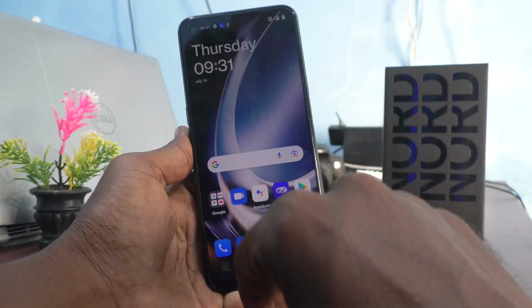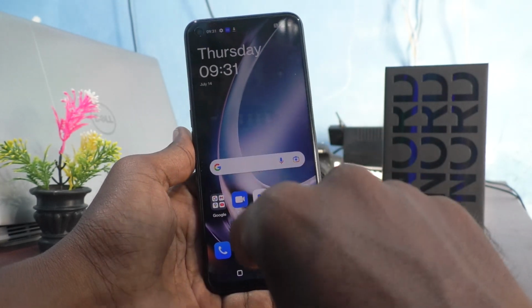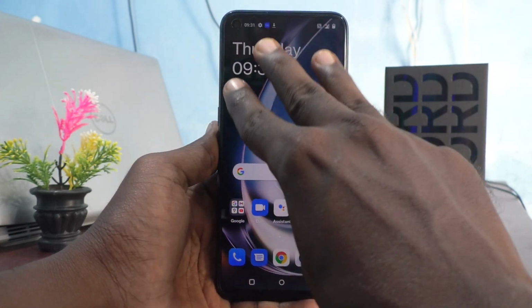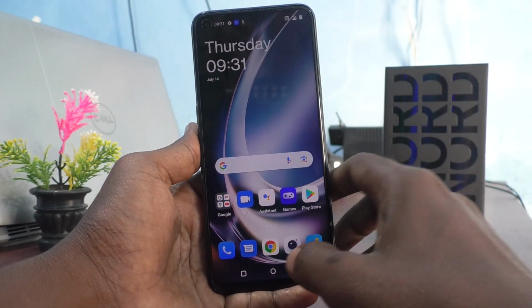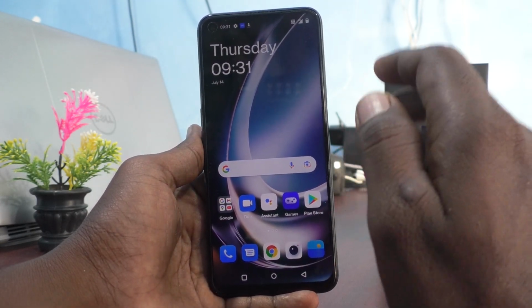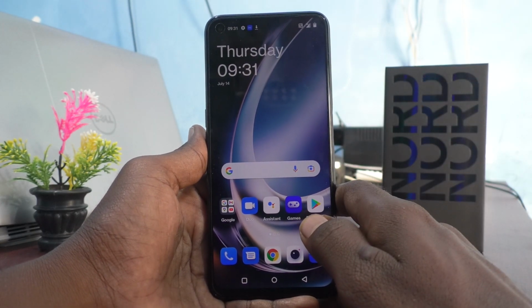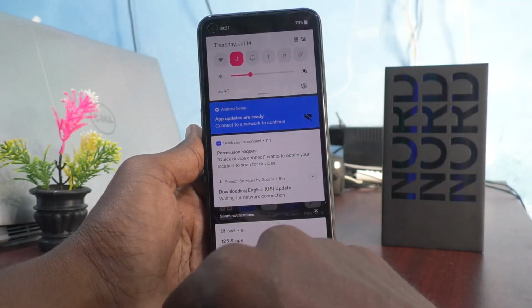See here. I tried to take a screenshot using 3 fingers swiping down along the screen. It's not working. And if you want to enable this 3 fingers swiping down screenshot, go to the notification area